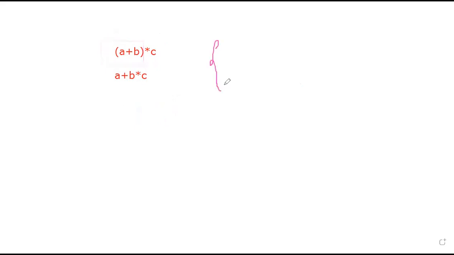So the first precedence in brackets is flower brackets. Next it is for square brackets and next it is for circle brackets. Are you getting that? After that comes the list of operators. So if we add a round bracket here, what happens? A plus B is evaluated first and then the result into C.